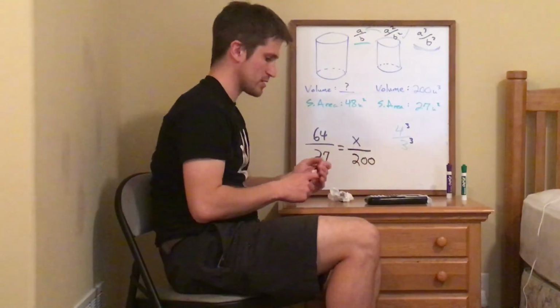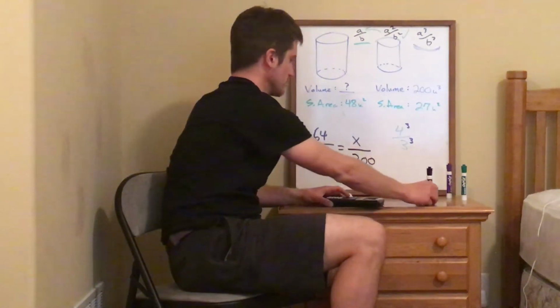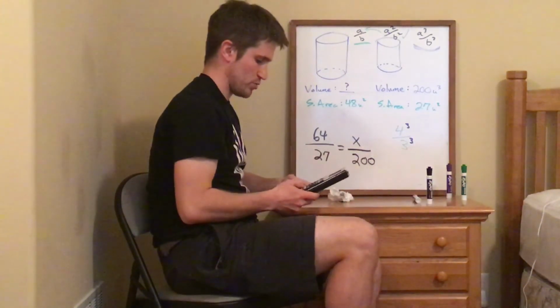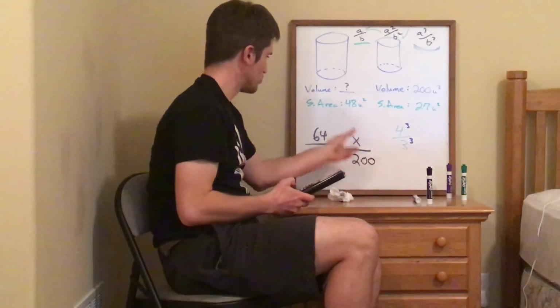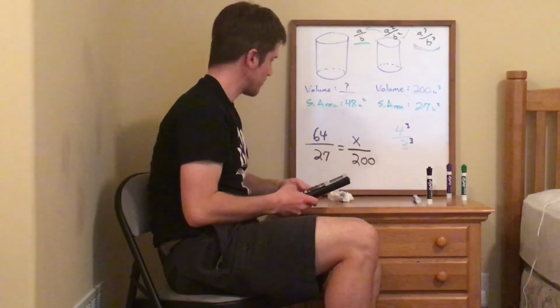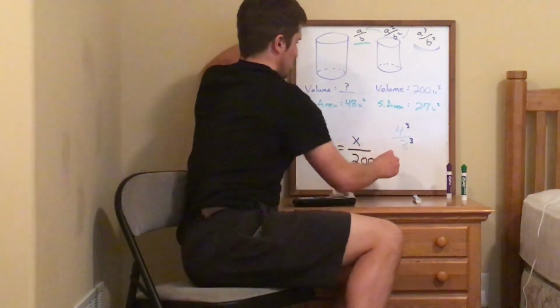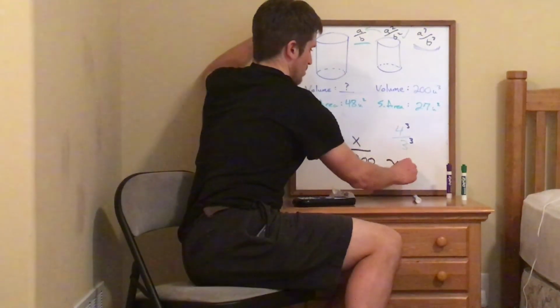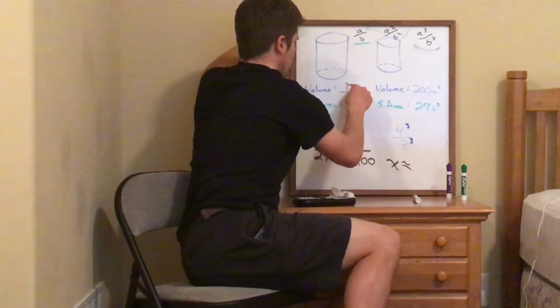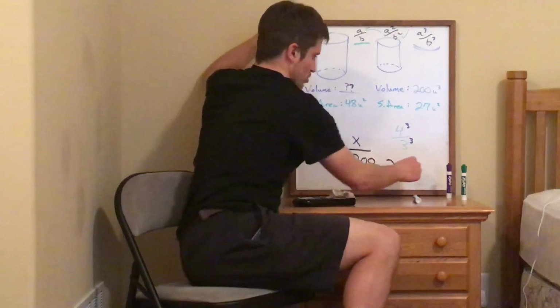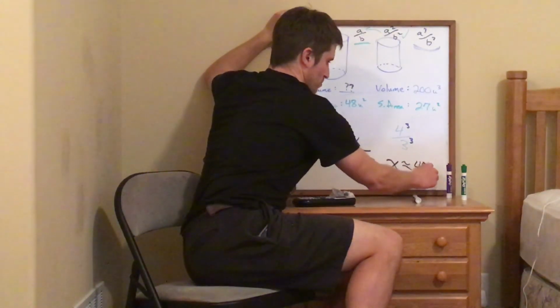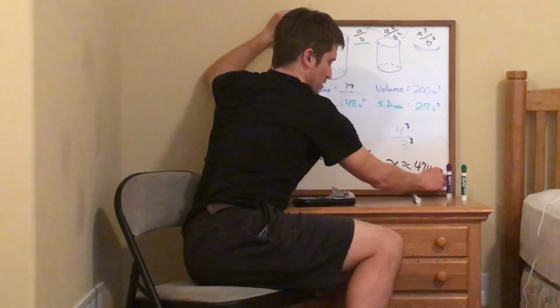Again, a cross product situation. 64 times 200 and divide by 27. So this initial volume right here looks like a volume of about 474.1 cubic